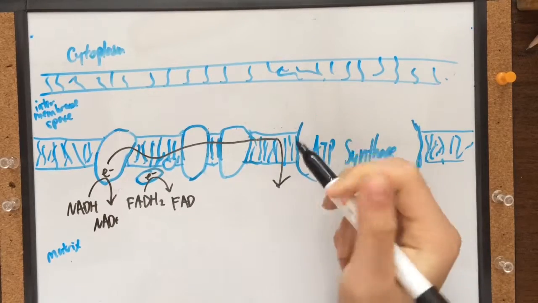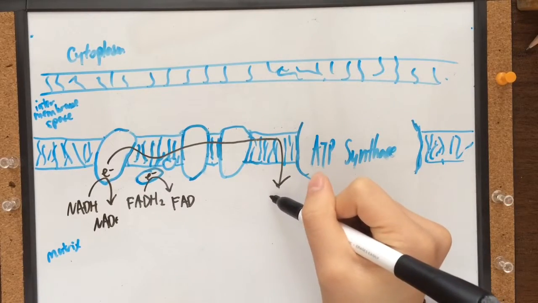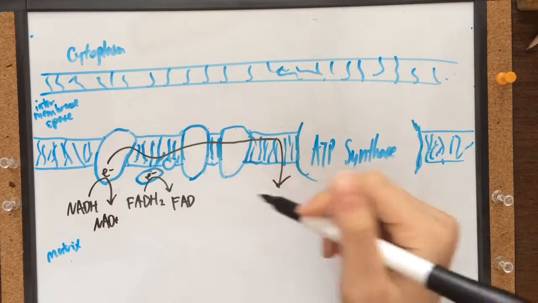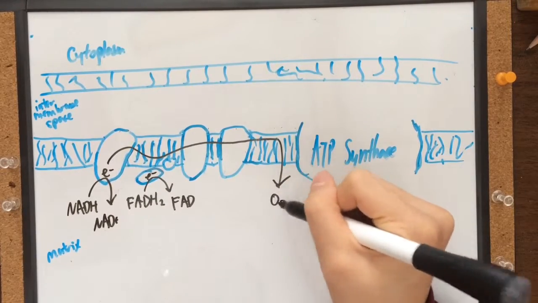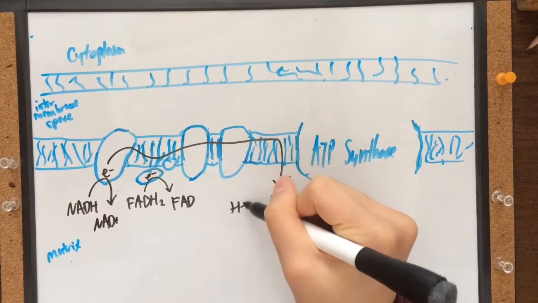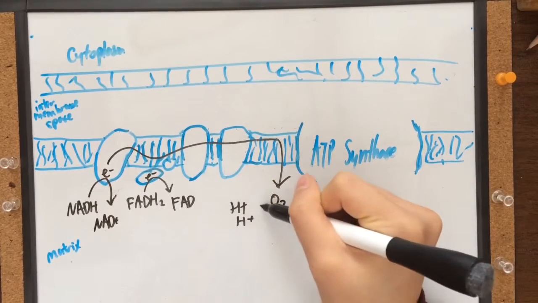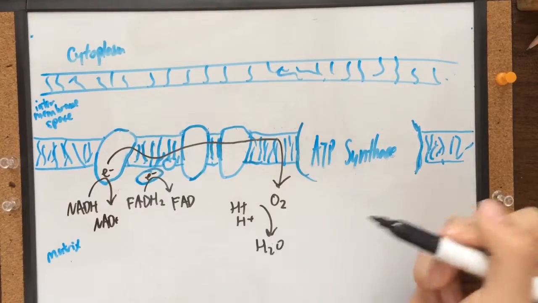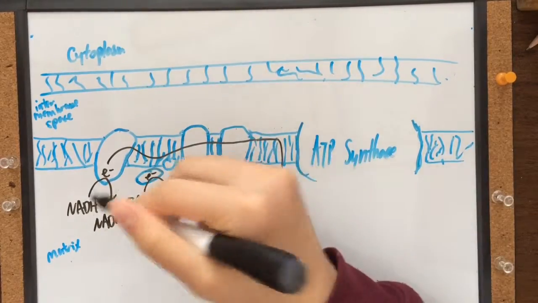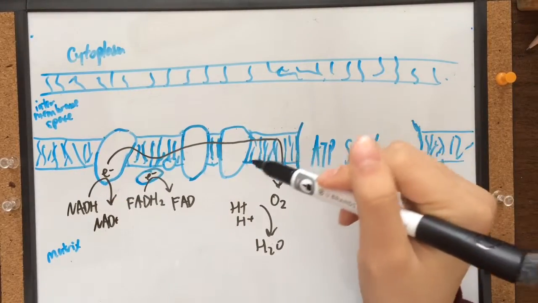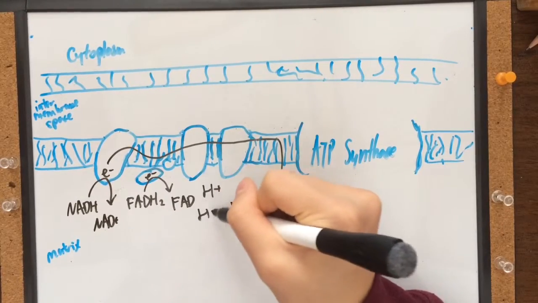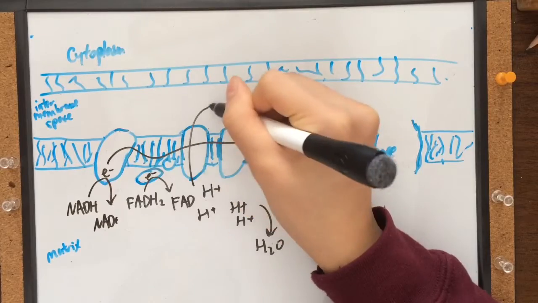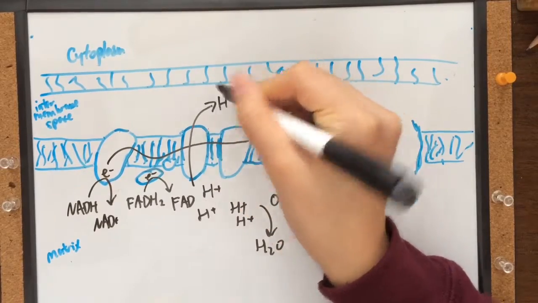come out, and they are drawn through the electron transport chain by oxygen, and combined with some hydrogen ions, it creates H2O, or water. So as the electrons move across each protein complex, more hydrogen ions are shuttled across into the intermembrane space